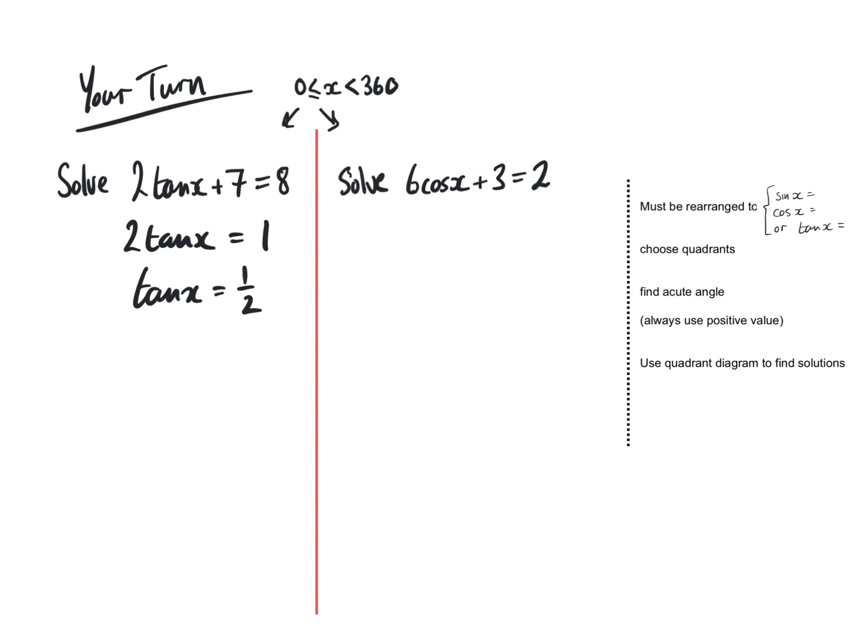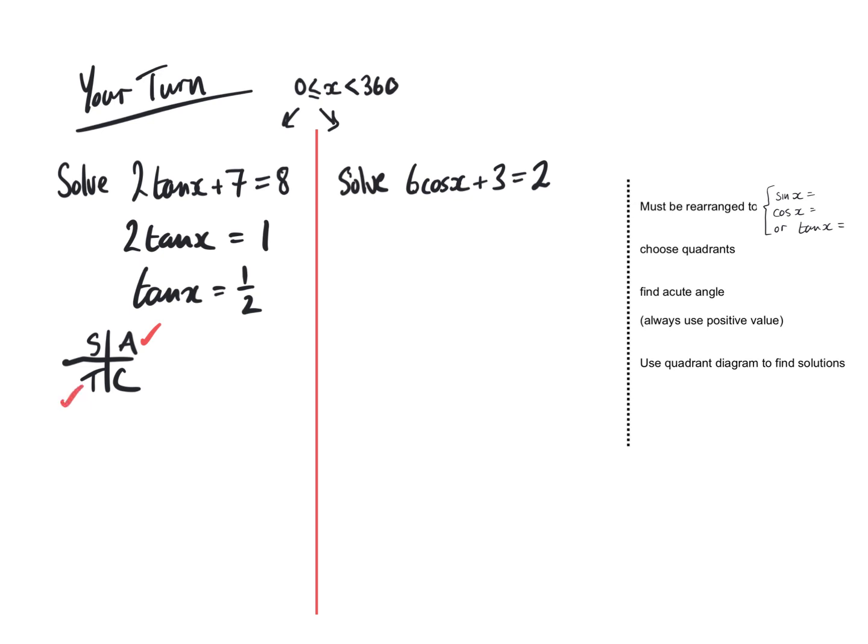And then we're on to find our quadrant. So we're going to draw our quadrant diagram out. I'm going to try and leave myself a bit of space here. So all scholars take care, and then we're going to look at the tan x is equal to a positive fraction. So where is tan x positive? Well, tan is positive. A for all things are positive here, and T for tan is positive. So we're going to tick the A and the T,